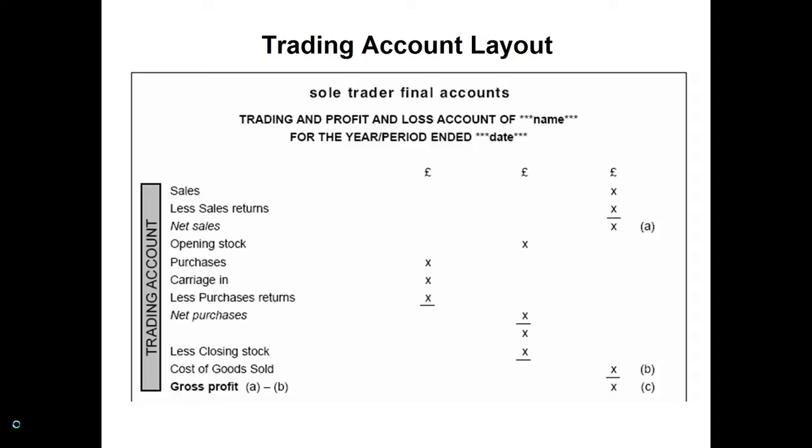In this layout, the values move to the middle, then they do a subtotal, and that is opening stock in the middle plus net purchases to give that subtotal. After that, they've got less closing stock. Now, less closing stock, we're taking away the stock that's remaining at the end of the period, because it's very